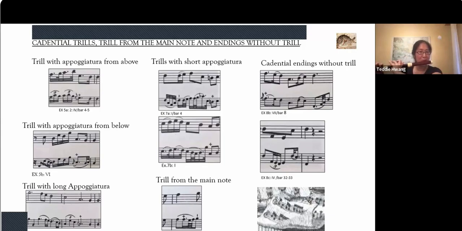Yeah, but we are so little used to it, so